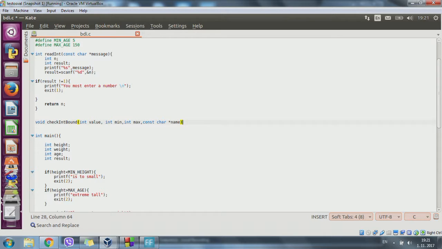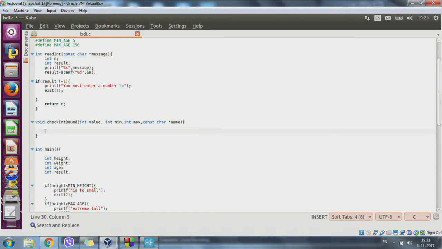Inside of this, we have the following. The first is our if value